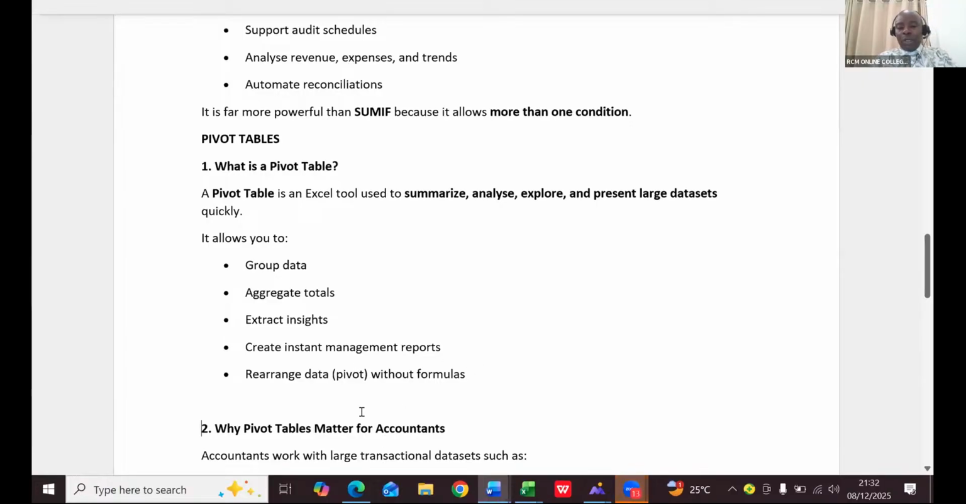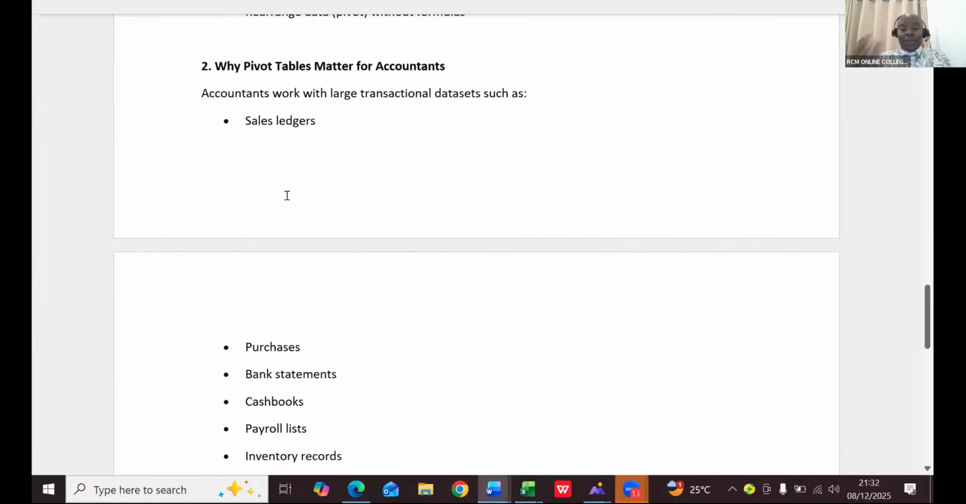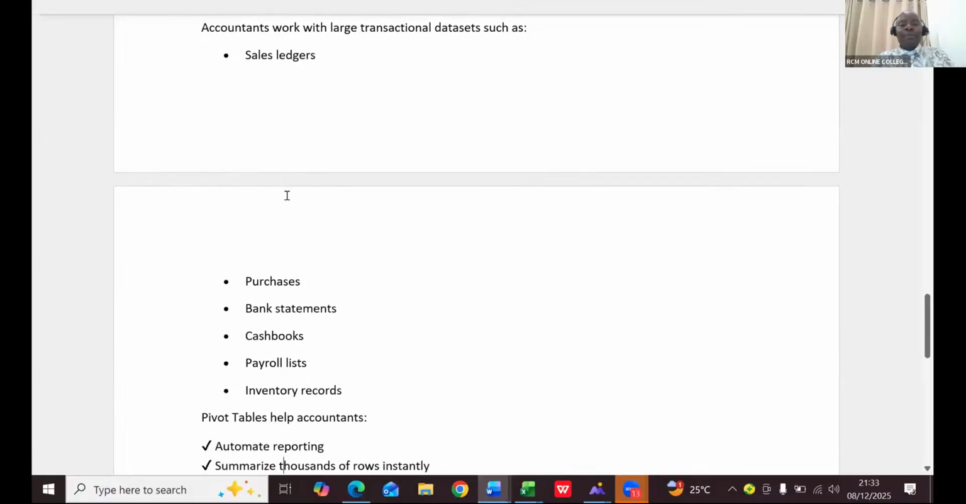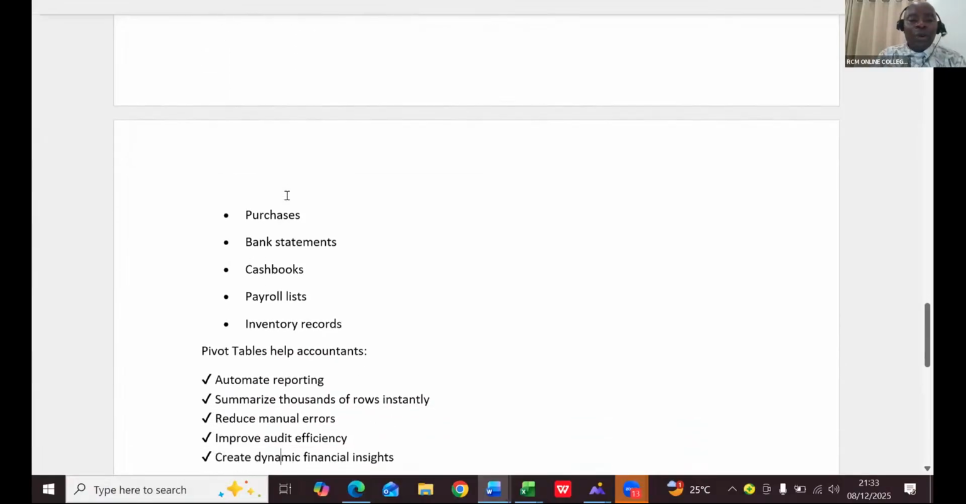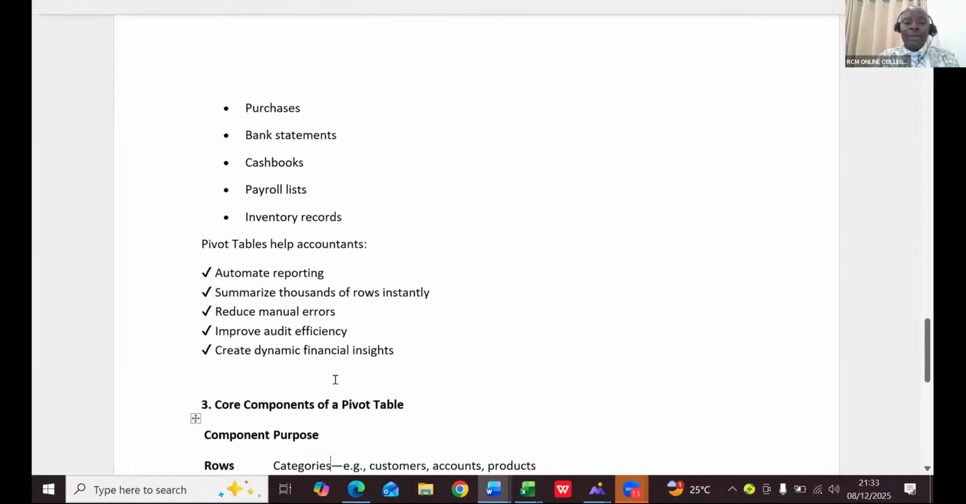Why pivot tables matter for accountants. Accountants work with large transactional data sets such as sales ledgers, purchases, bank statements, cash books, payroll lists, and inventory records. A pivot table helps accountants to automate reporting, summarize thousands of rows instantly, reduce manual errors, improve audit efficiency, and create dynamic